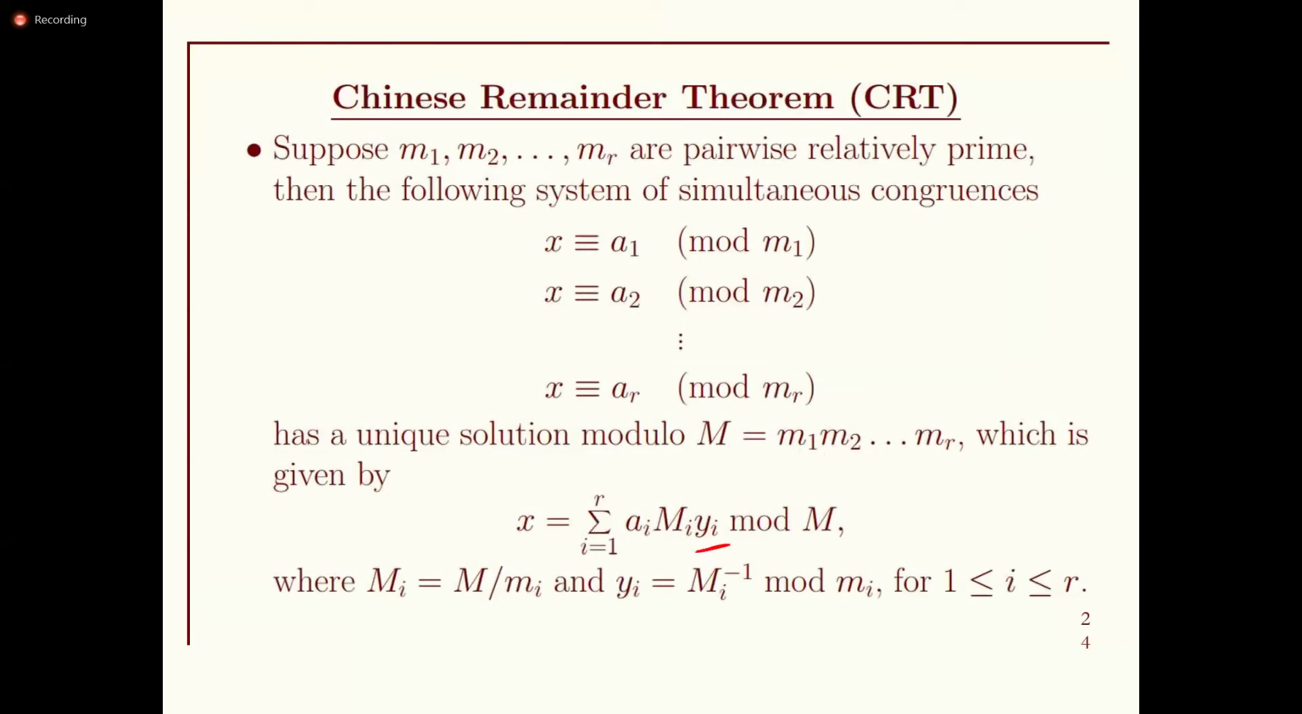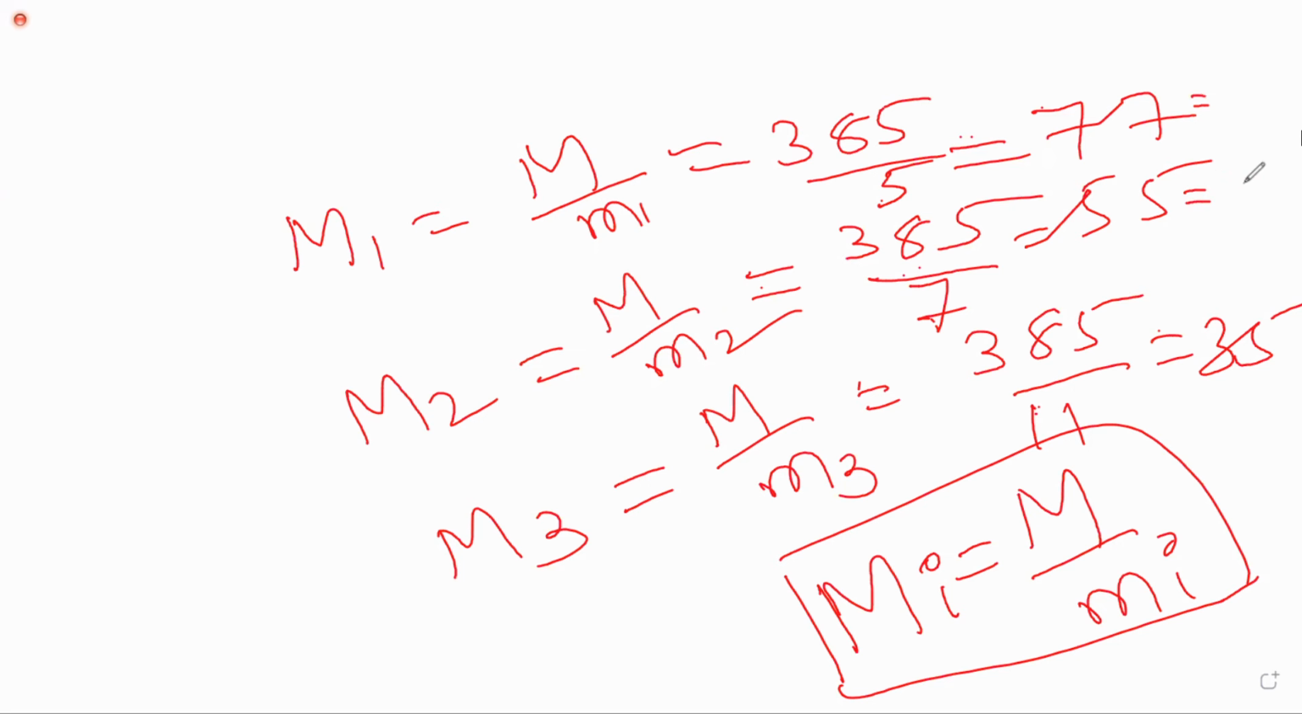So what we need to do is calculate the inverse of Mi. What is Mi? Mi is nothing but M1, M2 and M3. So M1 is 77, M2 is 55 and M3 is 35. So the inverse of 77 in mod